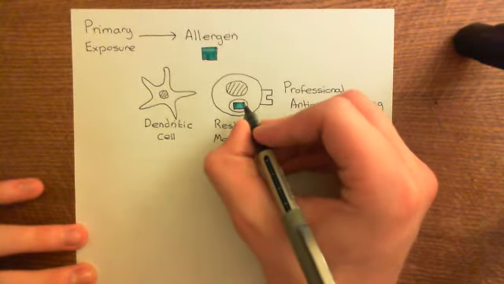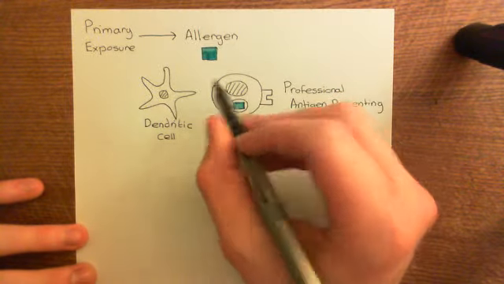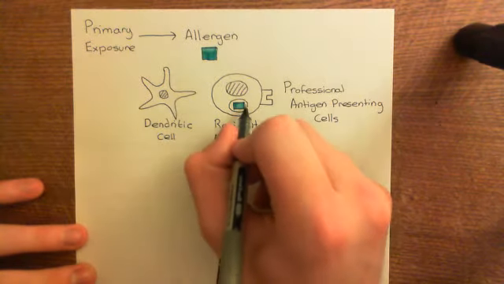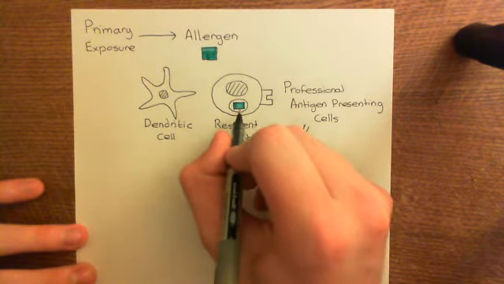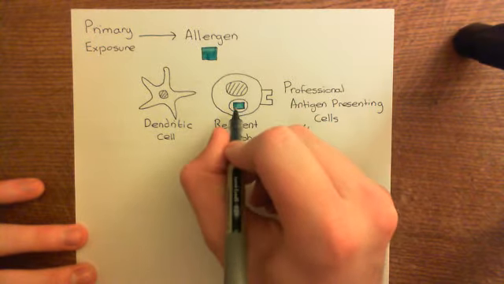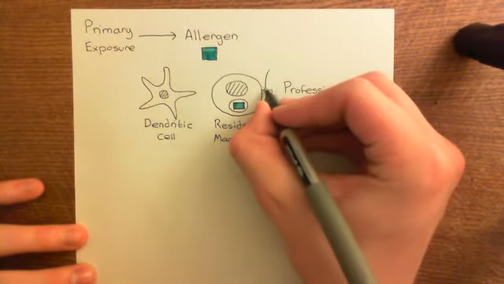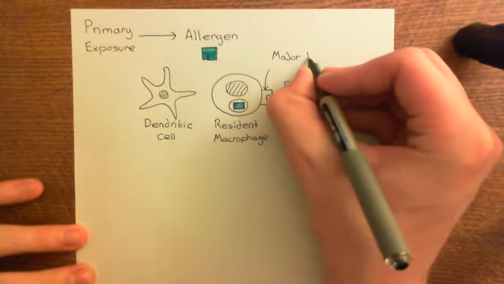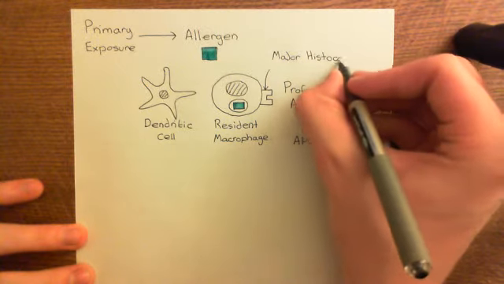So whenever you have a protein that you got from the external world, these professional antigen presenting cells, the way they got this protein was they phagocytosed it, they engulfed it into this phagosome here. Whenever you've got a protein that you got from the external world rather than from your own cytoplasm, and you've chopped it up and you're going to present it on your surface, you will present it on major histocompatibility complex class II. So this is a complex of a whole bunch of subunits, called the major histocompatibility, and